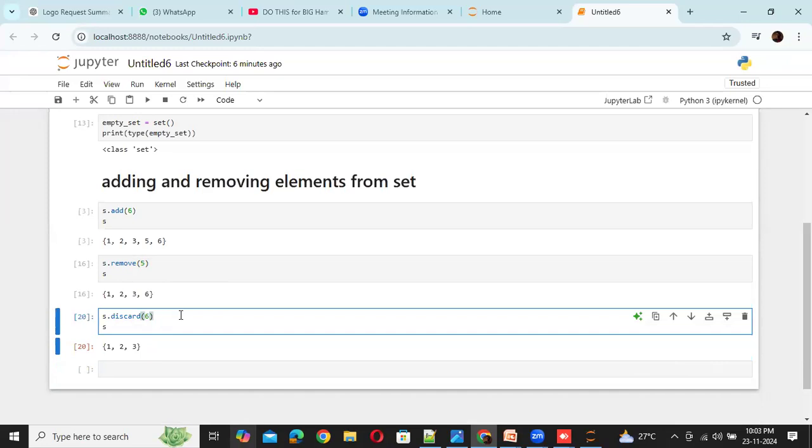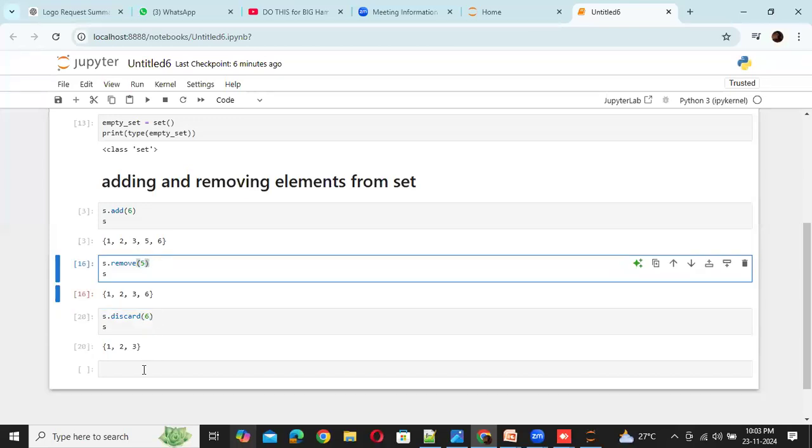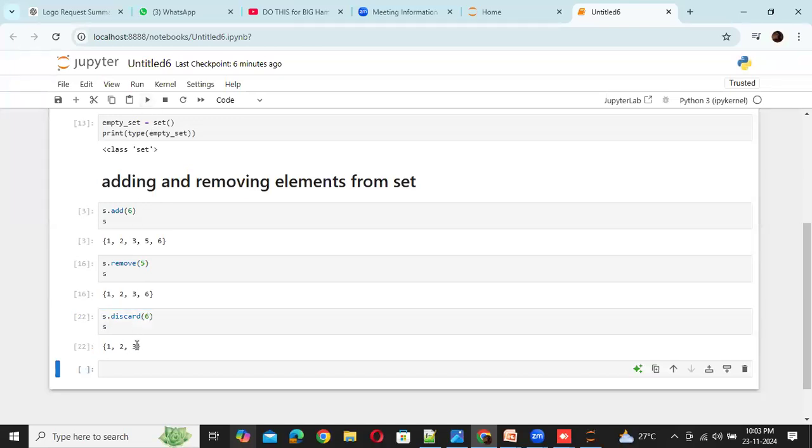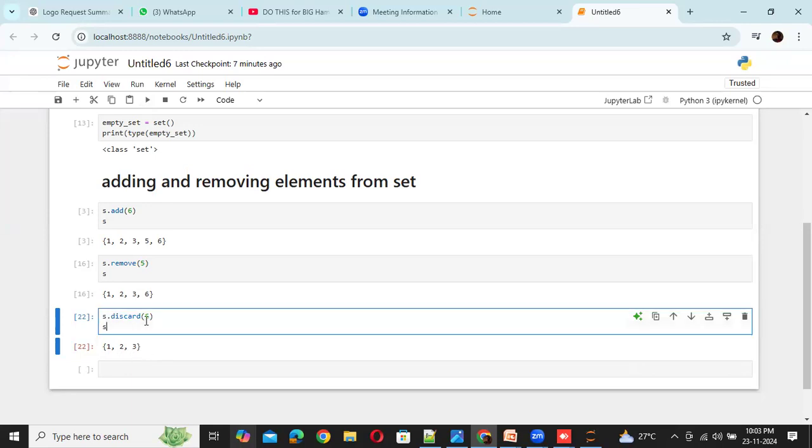But the thing is, currently my set has only 3 values, 1, 2, 3, right? And if I execute discard again, it is not going to throw any error, even though I don't have 6 in my set. When I remove a value which is not there in my set, it still does not throw an error.